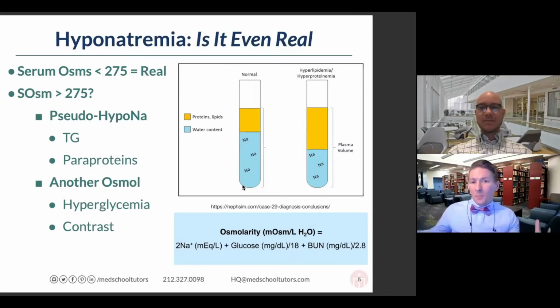For all intents and purposes then, we don't really care about glucose and BUN when it comes to osmolarity in your routine patient who's coming in on a daily basis. For that reason then, you can more or less equate osmolarity of the blood with serum sodium values, unless the patient has specific pathologies. So can somebody tell me when glucose might contribute a very substantial amount of osmolarity to